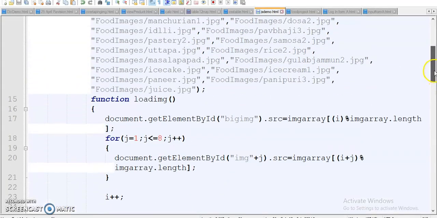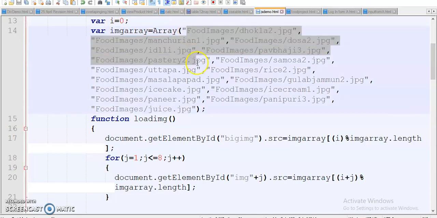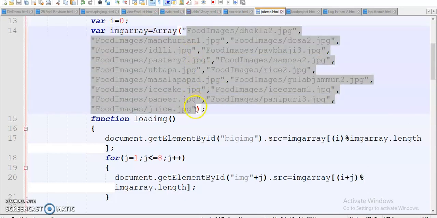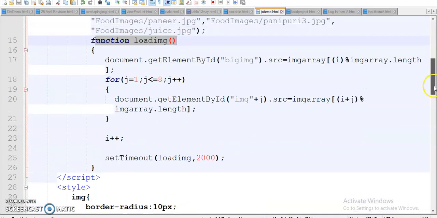I am taking one JavaScript array. This is the image array, and inside the array I am storing all the images I want. I am creating a loadImage function here, and this function displays different images after every 2 seconds.